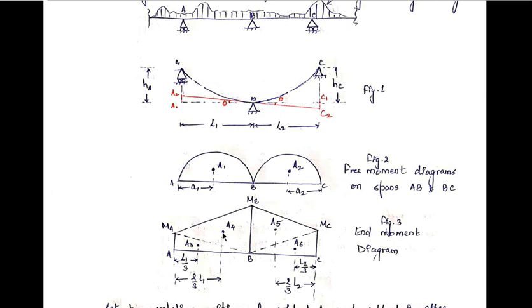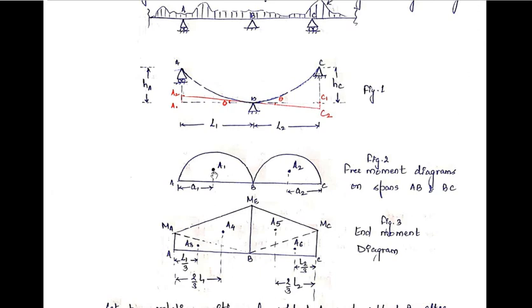Now the CG of this triangle will be at a distance of 2 by 3 of L1 from this apex, that is your A support. Now this portion is also a trapezium, so it can also be divided into two triangles, A5 and A6. Suppose the area of this triangle is A5, and suppose the area of this triangle is A6. Suppose the CG of A5 from the C support is 2 by 3 L1. We know that the CG of the triangle from the apex is 2 by 3 of the height, and the height is L2. So this distance will be 2 by 3 L2, and the distance of the CG of A6 from the C support will be L2 by 3.